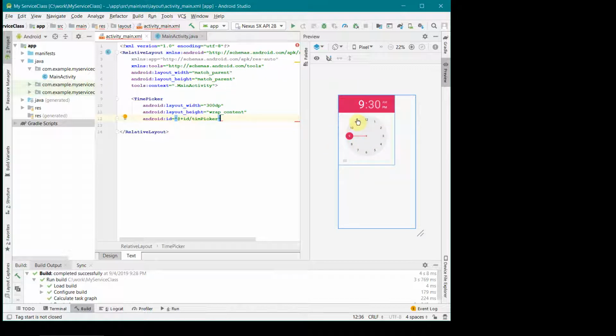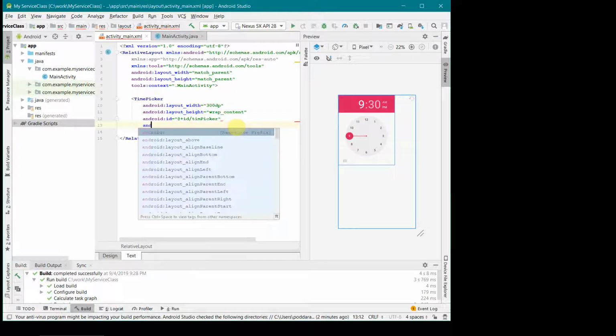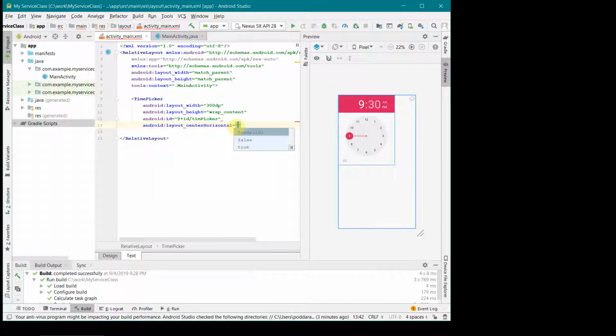On the preview, it's a bit on the left-hand side, so we should shift it to the middle. For that, there's an alignment: layout_centerHorizontal, and I'll make this true.